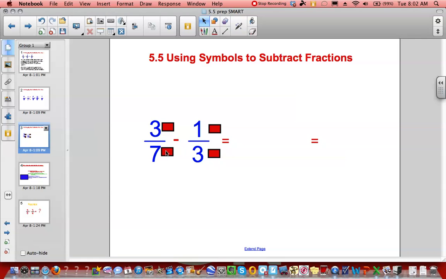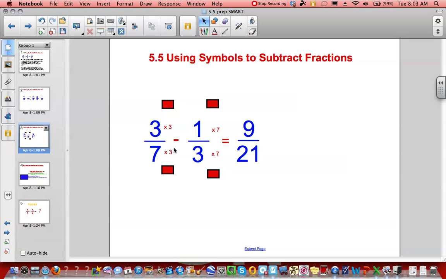So 3 over 7, I'm going to multiply that by 3, but what I do to the bottom, I have to do to the top. And then for the other fraction, 1 over 3, I'm going to multiply that by 7. When I multiply the bottom, I need to multiply the top by the same number. So all we're really doing here is multiplying one fraction by the bottom denominator of the other. So then that would end up